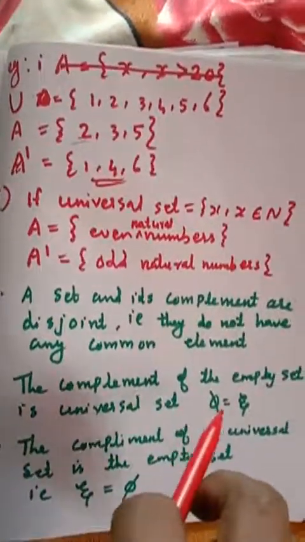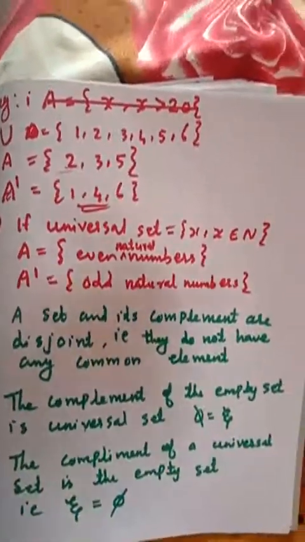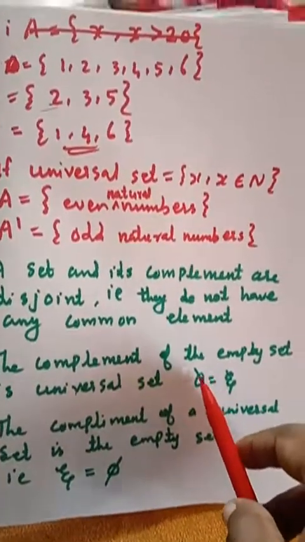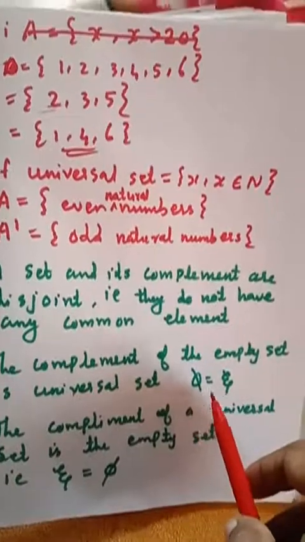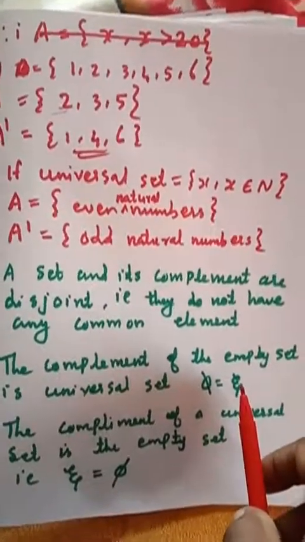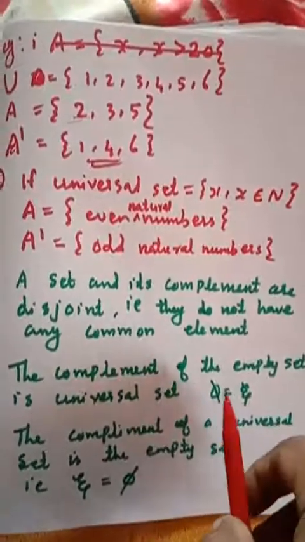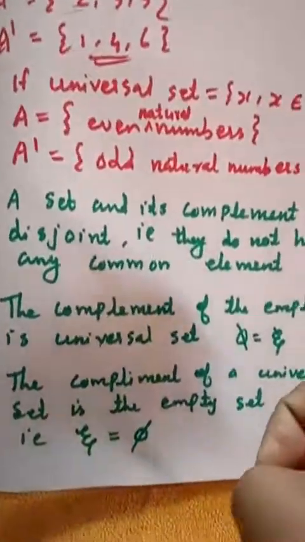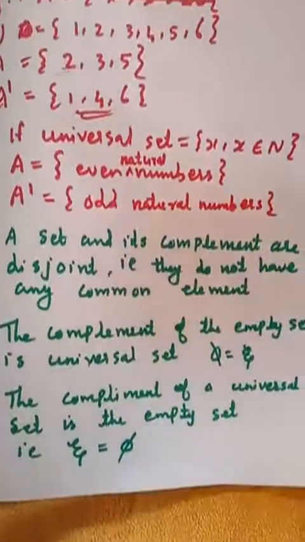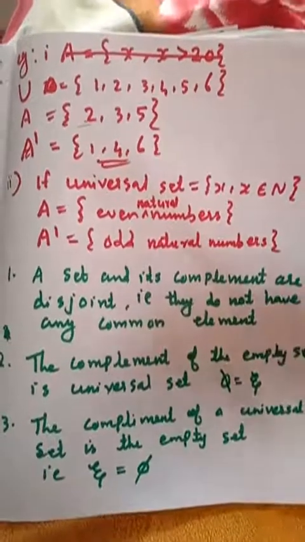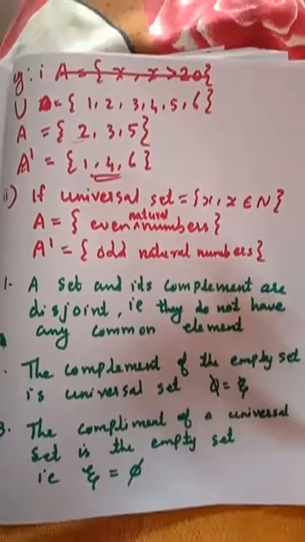Next one, the complement of the empty set is the universal set. This is the notation: phi complement is equal to the universal set. And the complement of the universal set is the empty set. Okay, clear? So today we learned subset, proper subset,